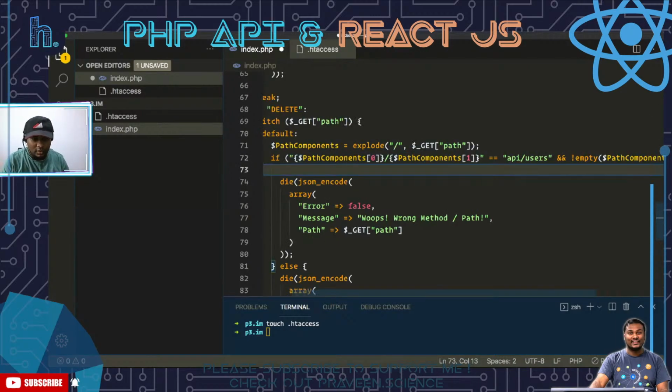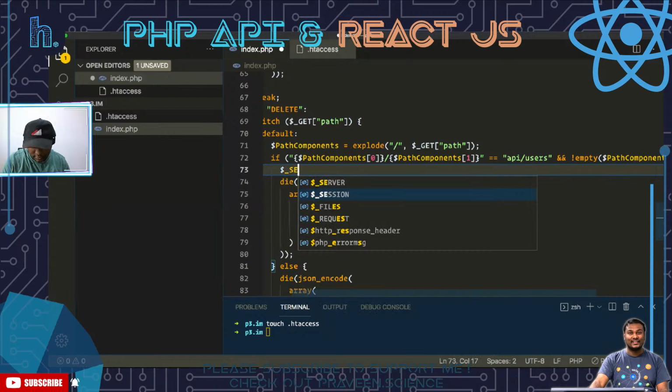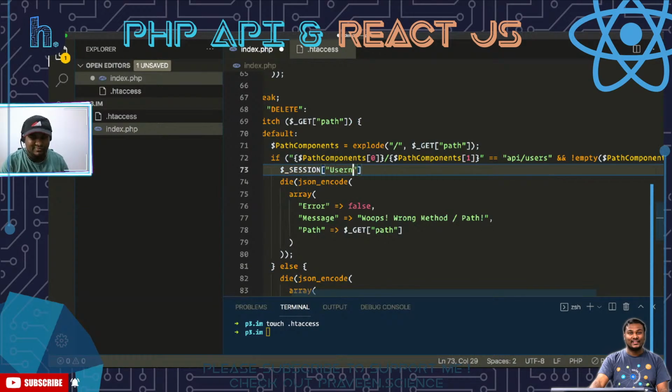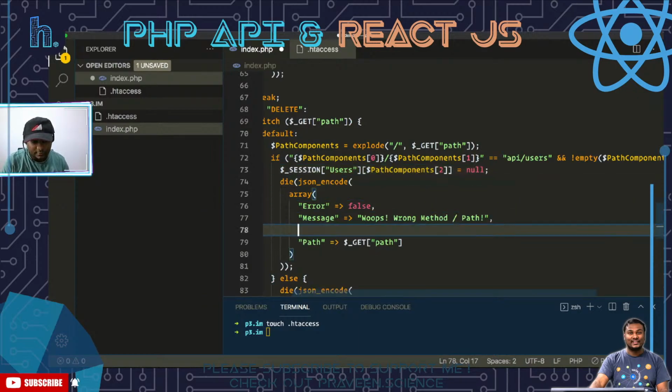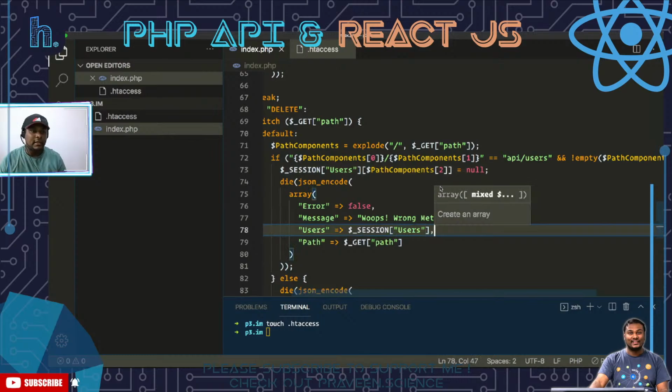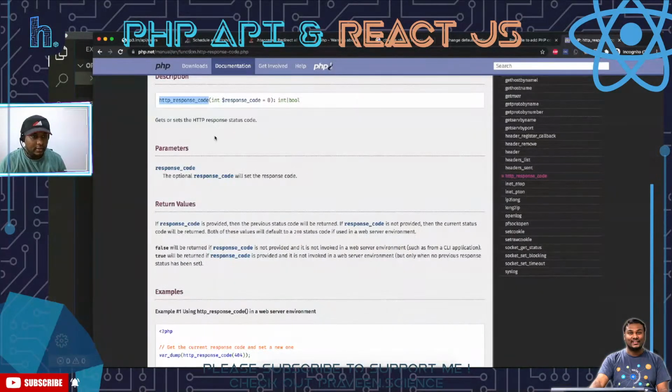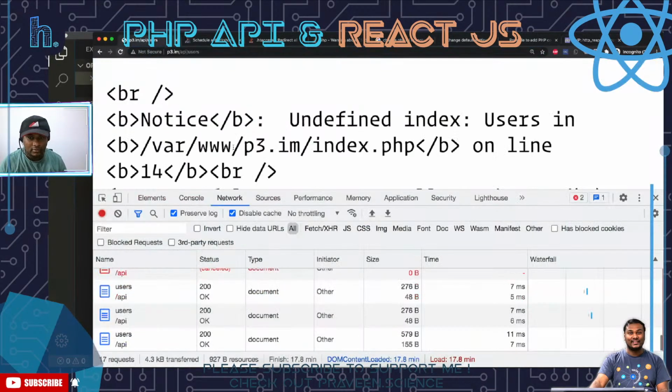So $_SESSION of username. What was it again? Users path component of 2 equal to null. We are just setting it like this, and we can also send the users again. Users. This way it will show you the removed user, or at least that particular user will be null. Okay. So if I refresh this page, oh,